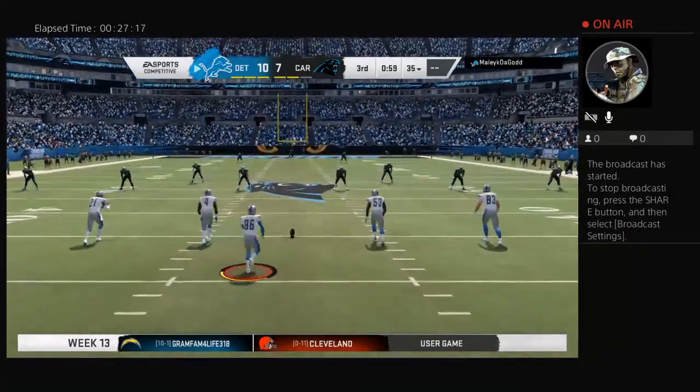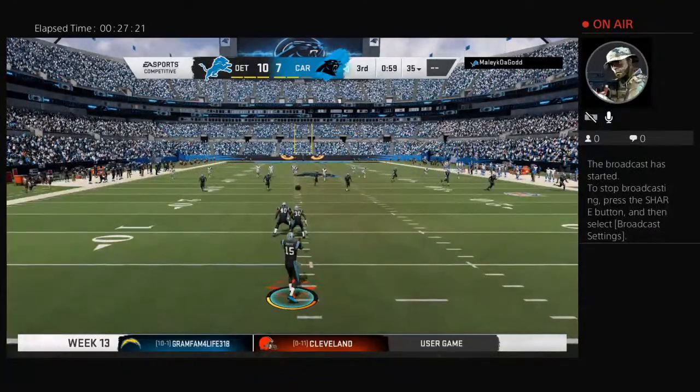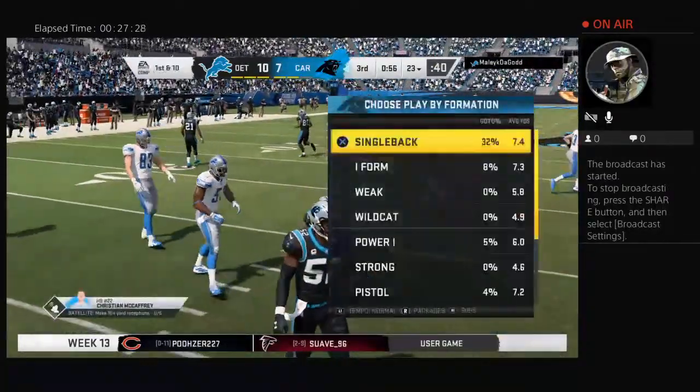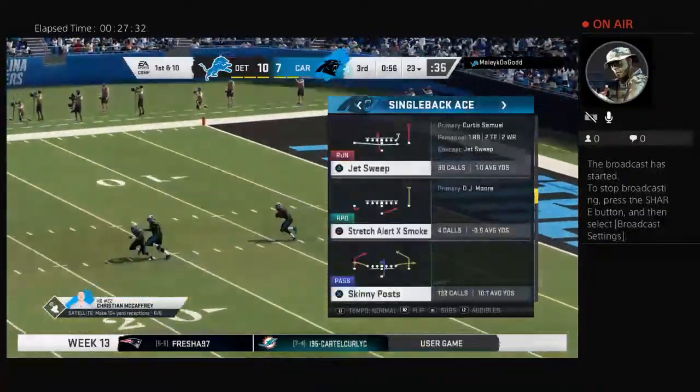I like his poise. I like his confidence, his belief in himself. Sometimes when you miss that first one, you see a lot of guys sag and they can't make the next one. Not in this case. Stepped right up like a pro. Let's go, boys. Bring it up. At their own 23-yard